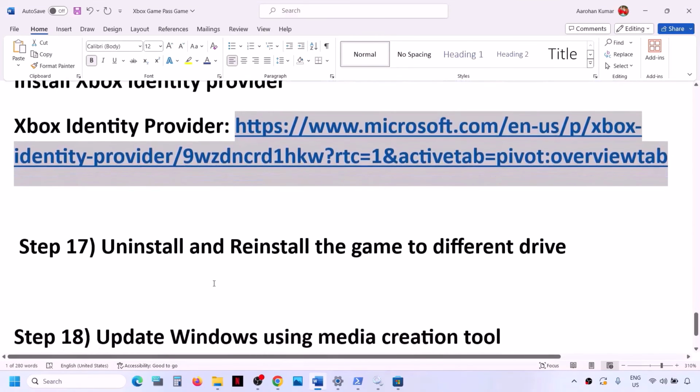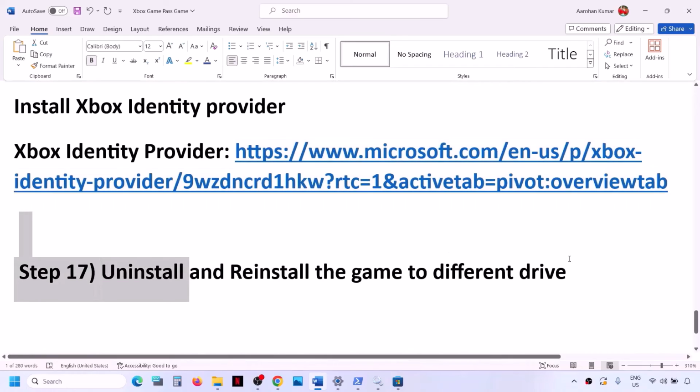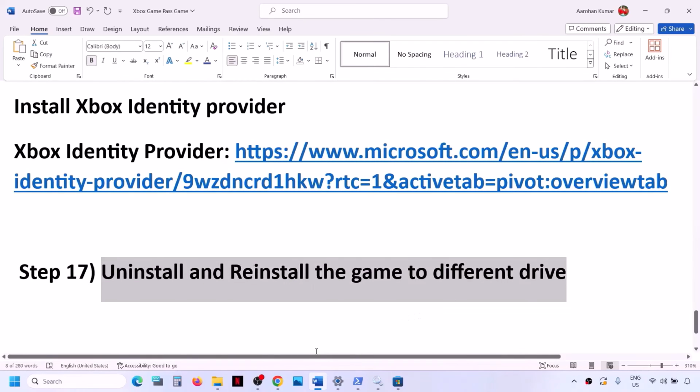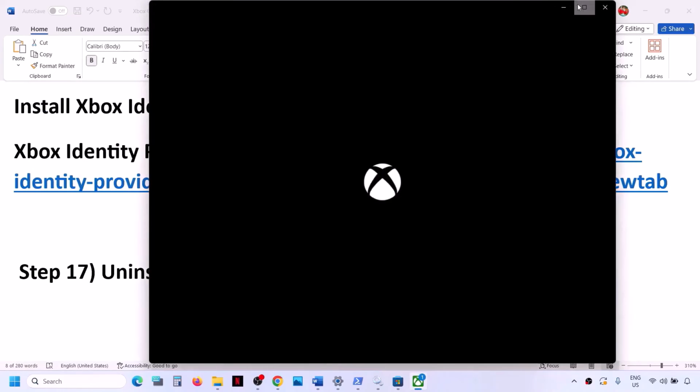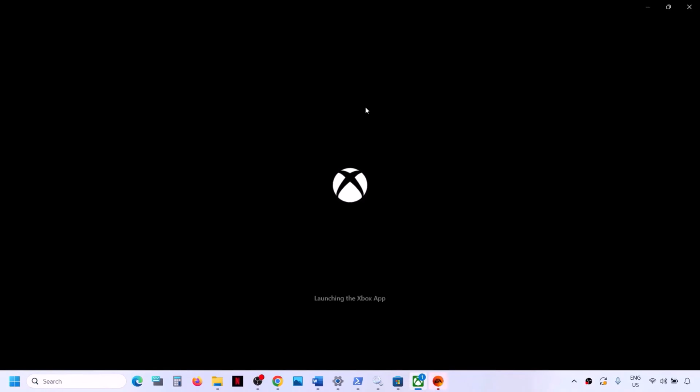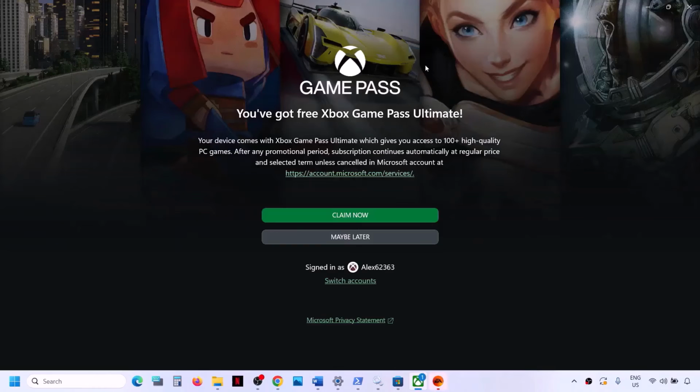the game. The next step is to uninstall and reinstall the game to a different drive. So if nothing is working, you can open Xbox app or Microsoft Store, and then you can try to uninstall the game and then reinstall the game. You can simply uninstall and reinstall. So